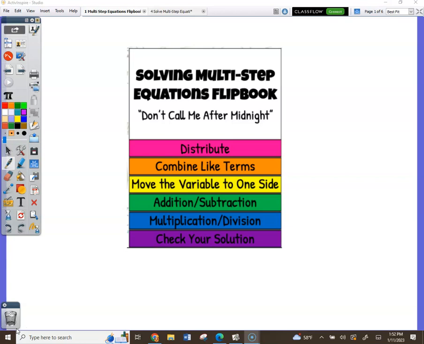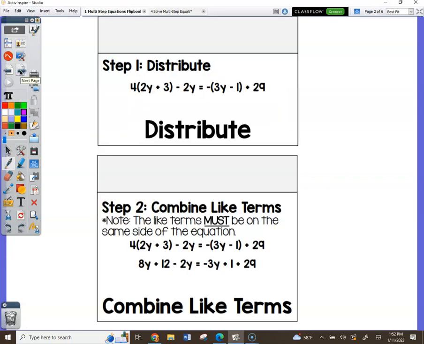It's to remind you that when you have a multi-step equation, you do have an order to follow in order to solve it. We're not doing 1 and 2 step anymore. Now we're doing 4, 5, 6 step. So the very first thing, the way this Flipbook works is if you'll open up the title flap, you will see step 1. Each page is simply one line. Then the next flap will show you where our work should be on that step,